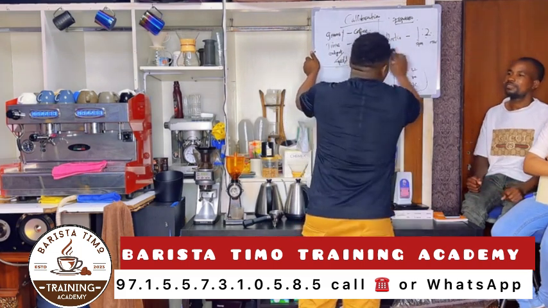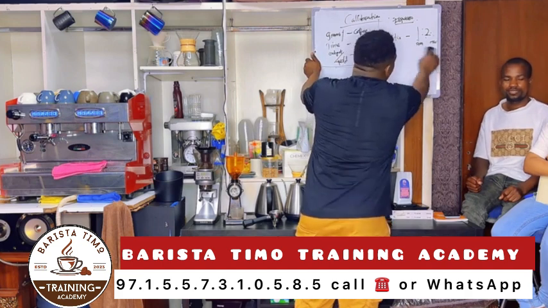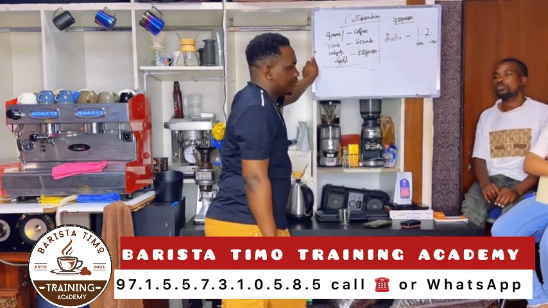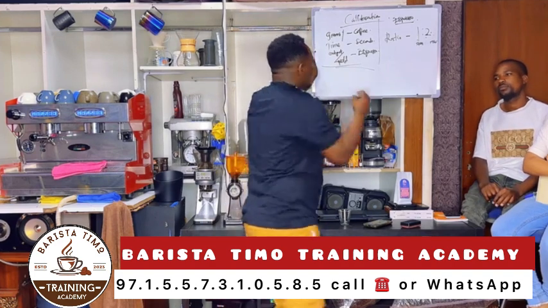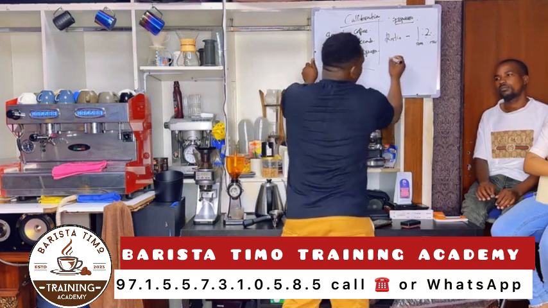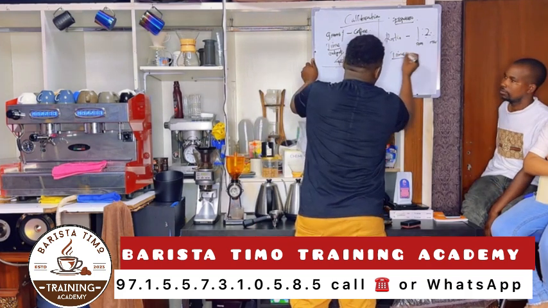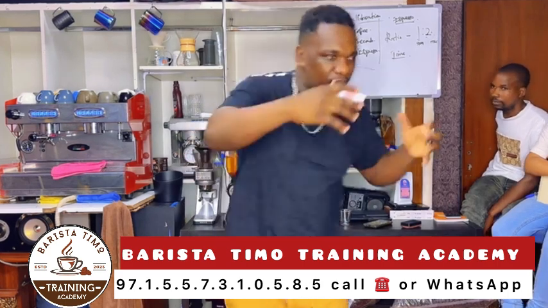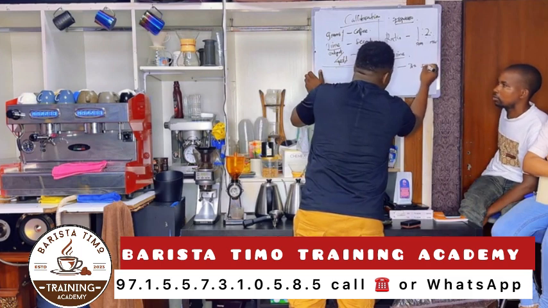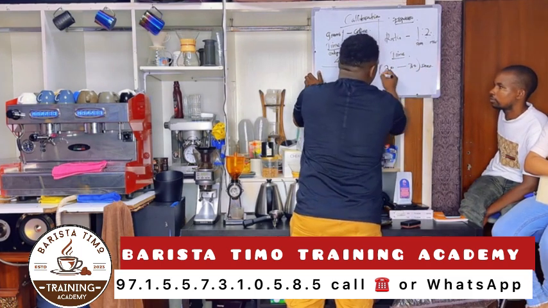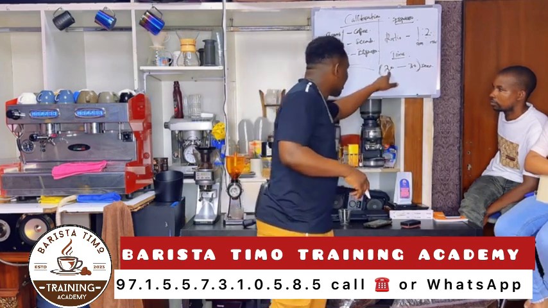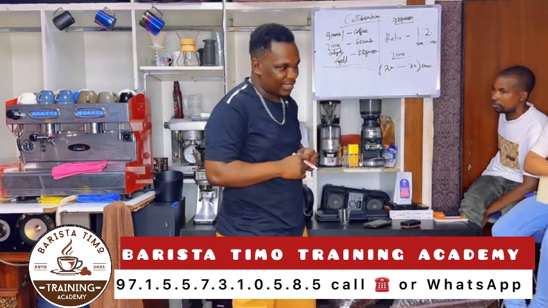Okay. So 2 is the ratio. Espresso ratio is 1 to 2. Now, we look at the factor of time. The standard espresso extraction time, listen, is 20 to 30 seconds. The bracket time, the espresso extraction time, is 20 to 30 seconds.